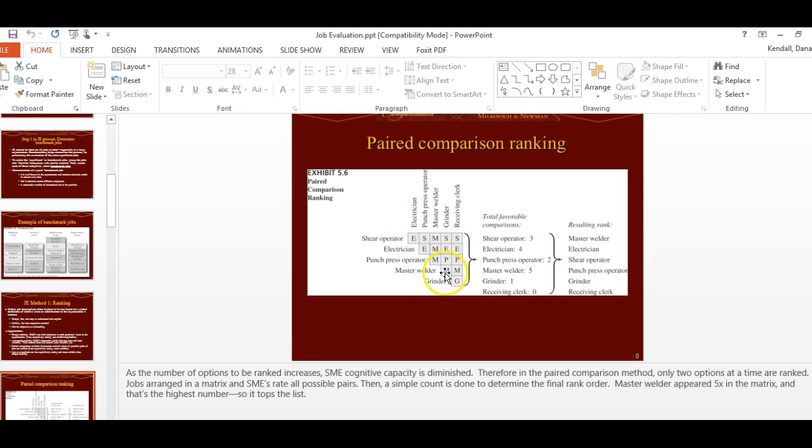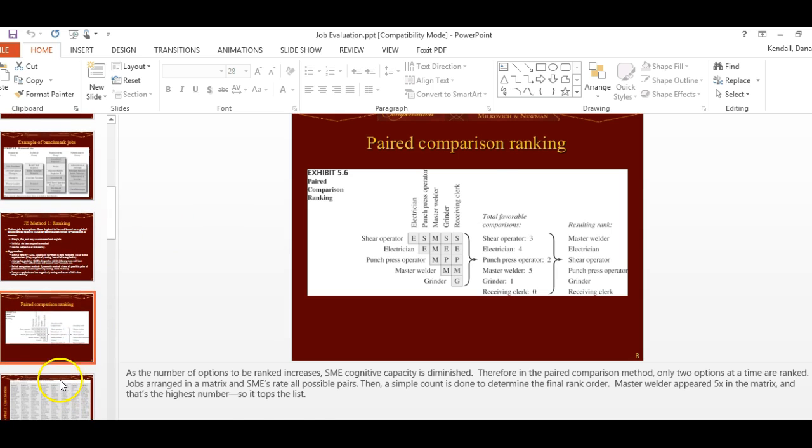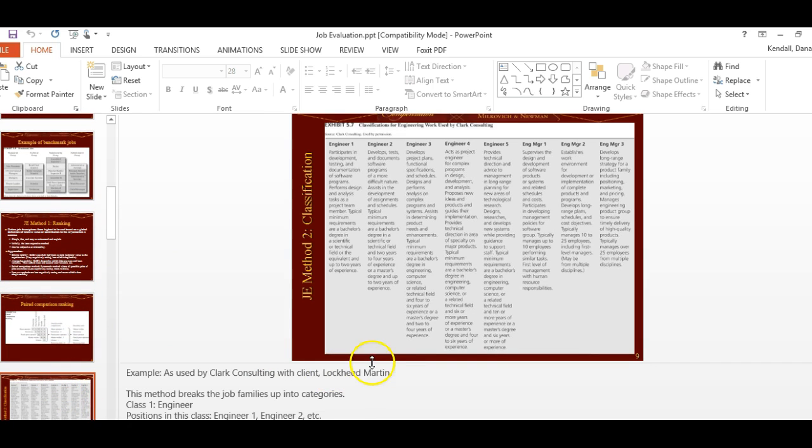So this is a way to, again, if you have 100 different positions, you take each possible pair, and that way the SMEs are only comparing 2 against each other, rather than trying to think about all of them, and it's just helpful that way. Okay, job